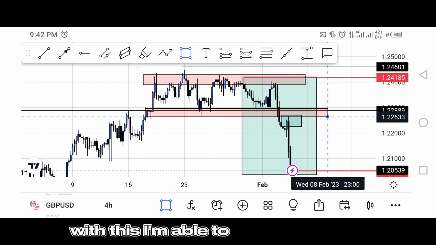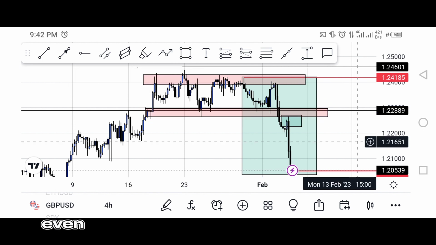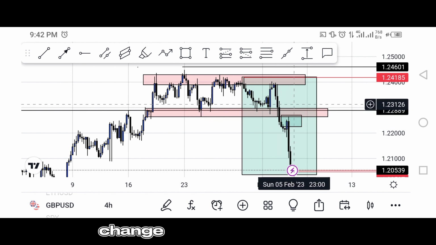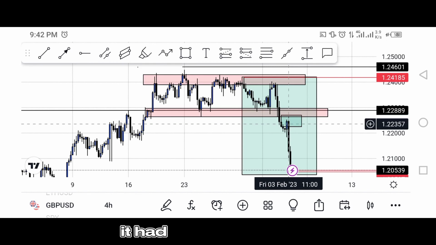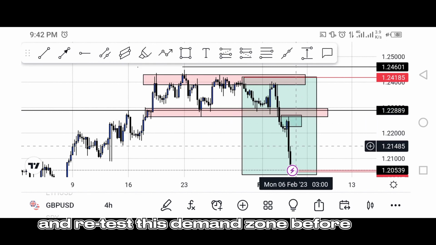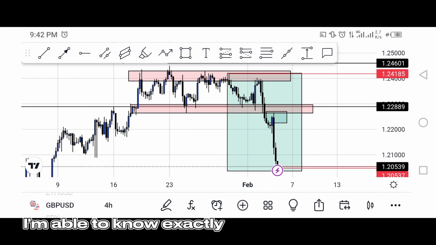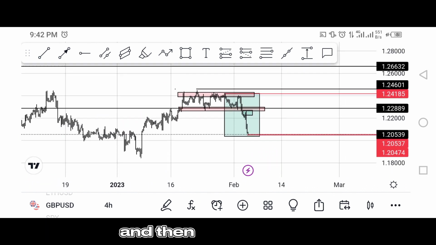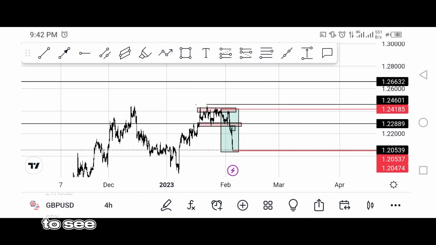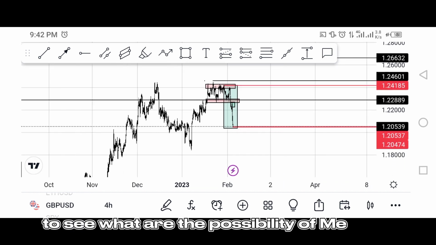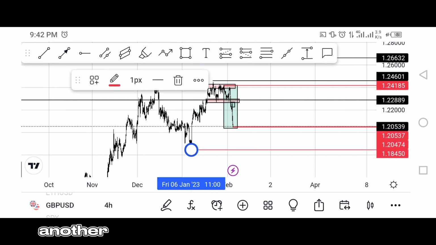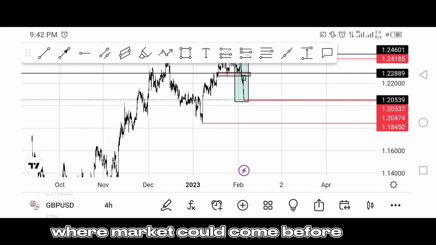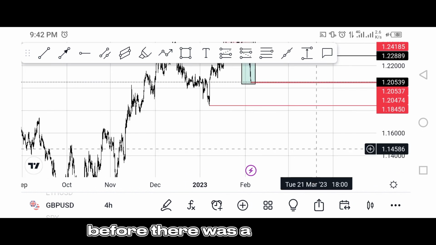With this, I'm able to get a clear picture. Now if you watch, even when the market had changed character or moved from this zone to a different zone, it had to come and retest this demand zone before going down. So with this, I'm able to know exactly what to do in the next day. I'm continuing, and then I zoom in to see the possibilities of me trading, and I will see that I still have another previous demand zone here where the market could come before. Now that's before there was a major